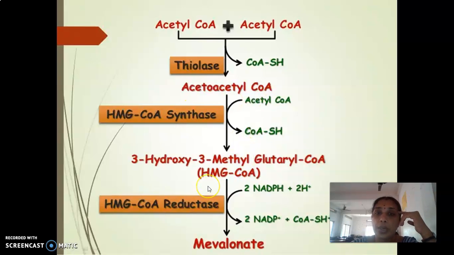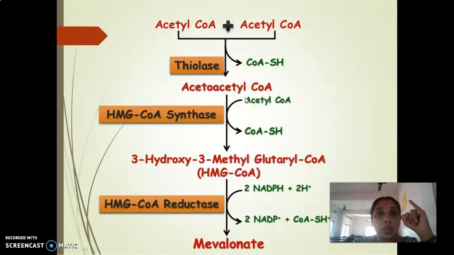Okay, so HMG-CoA is formed, and once this 6-carbon HMG-CoA is formed, it undergoes a reduction by the HMG-CoA reductase enzyme. This is the rate limiting enzyme of the pathway, and it is a reductive biosynthetic reaction, hence it uses 2 molecules of NADPH and reduces the HMG-CoA to give rise to mevalonate. I'll show you the structure. So with this, stage 1 is over. Out of 5 stages, the first step is the formation of mevalonate, and it is initiated with 2 molecules of acetyl-CoA